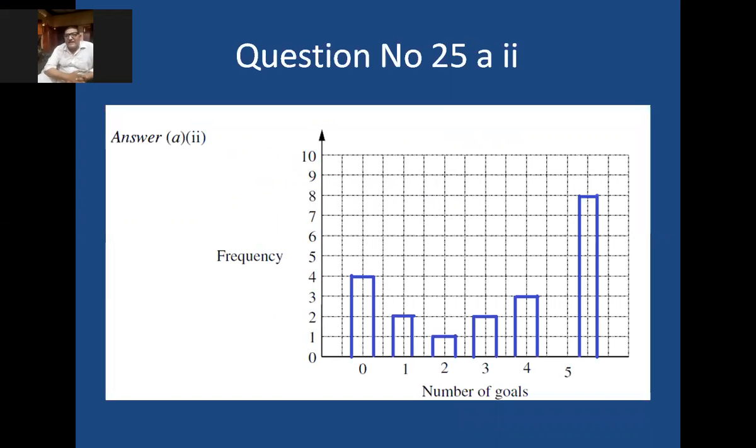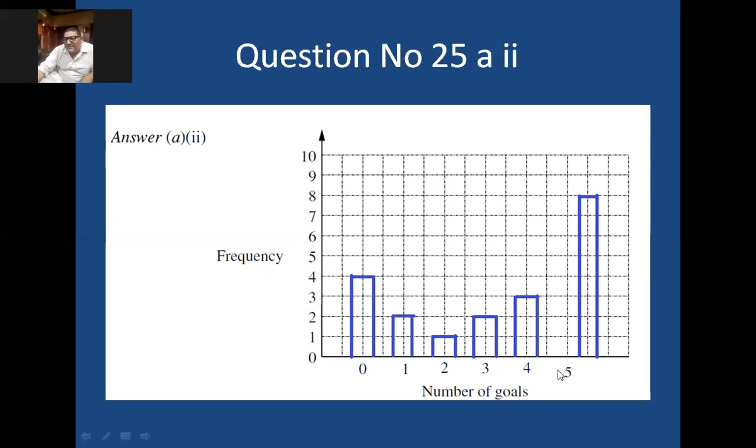He says draw them as a bar chart. In the bar chart, because these are discrete numbers, their bars should not touch each other. So I have written 0, 1, 2, 3, 4, 5. The frequency of 0 is 4, so its bar will go up to 4. For 1, its frequency is 2, so its bar will go up to 2. For 2, its frequency is 1, so it will go up to 1. For 3, its frequency is 2, so it will go up to 2. For 4, its frequency is 3, and for 5, it's